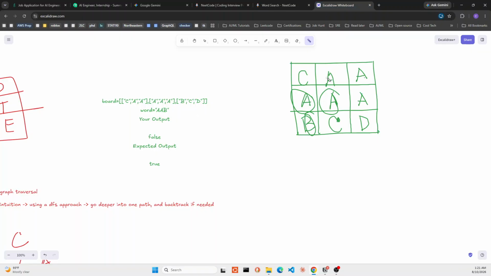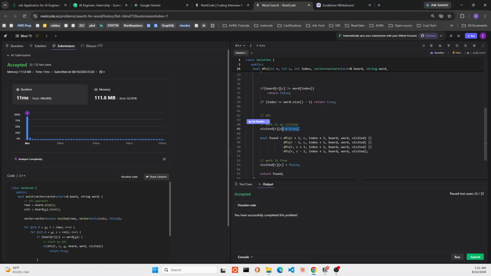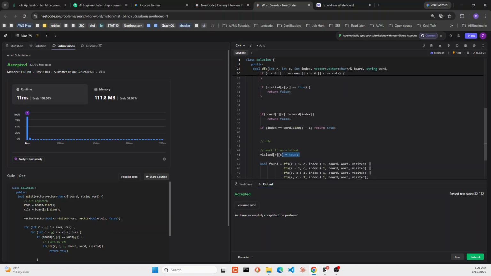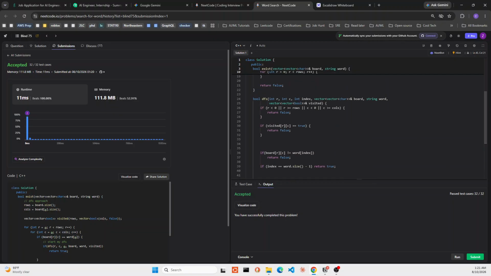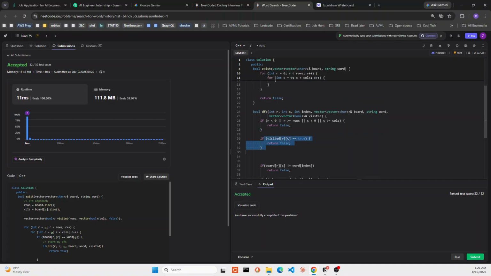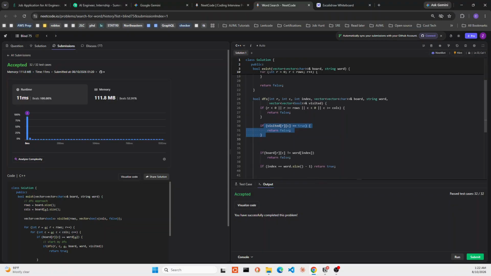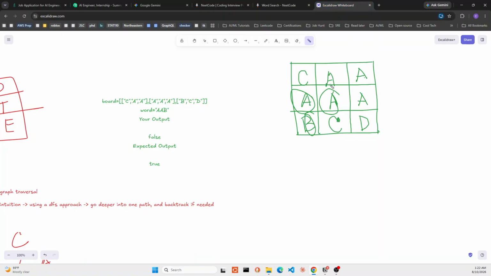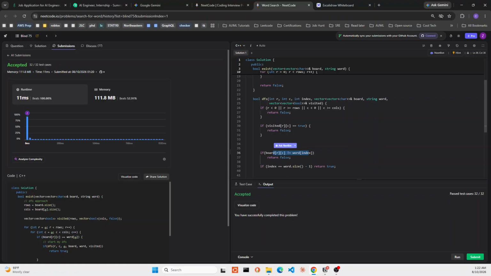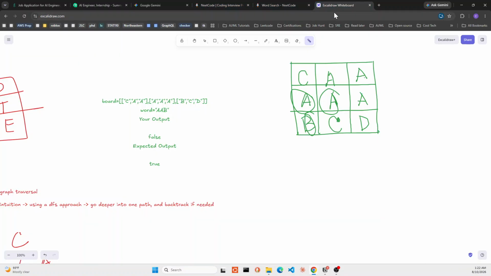So if for A we would have visiting through here, this here also we would have true, but we won't be able to process it because if that's true, we would return false, or well, this is also not equal to the word. That's the main reason. So false, not because... or it is true. Okay, but